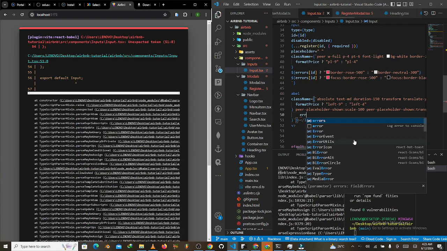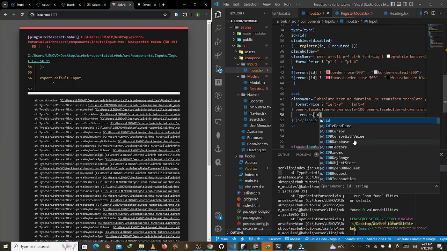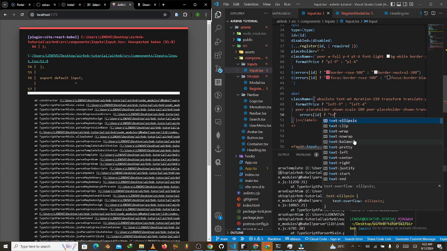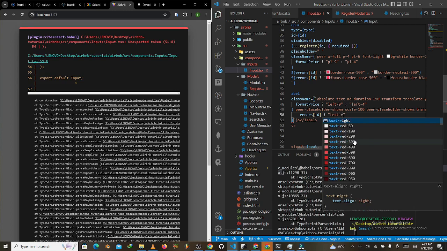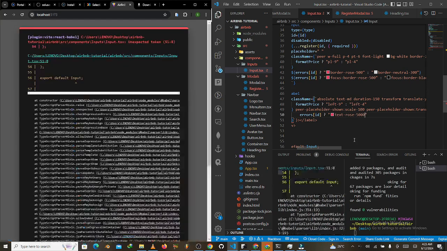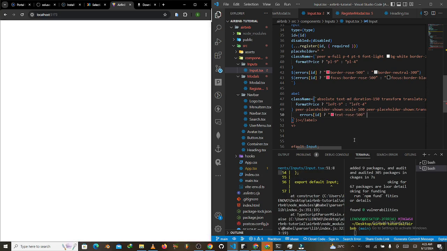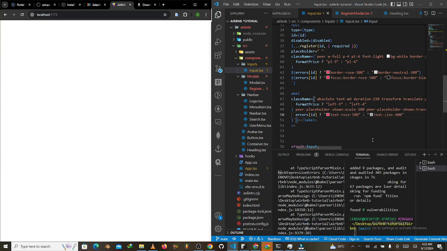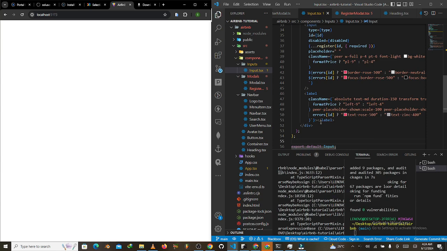So for the error conditions, we want to say check for the errors based on the ID of that input element. And then if there is an error, I need you to make sure that the text is rows 500, and then 500. And then if there are no errors, I need you to make sure that it's text in 400. Alright, so then inside here we pass in the label,